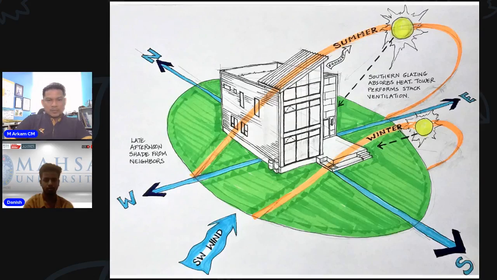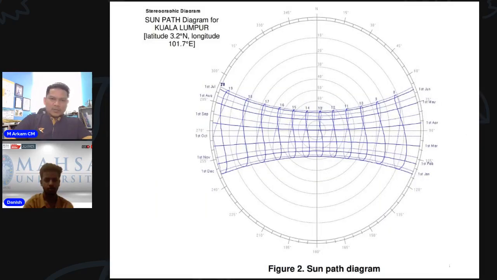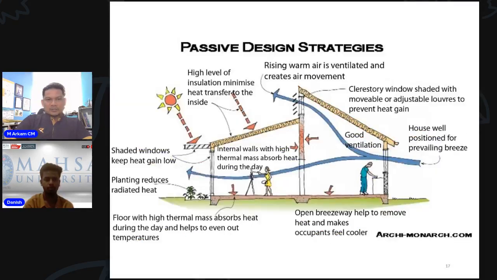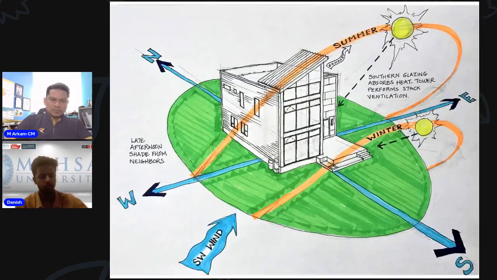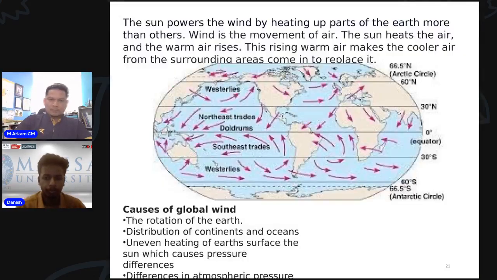So this is much related. When we understand this, we can decide our own positioning or building orientation based on the actual sun position that is more beneficial for our building to optimize the sun's power.